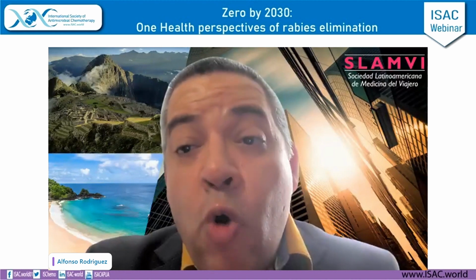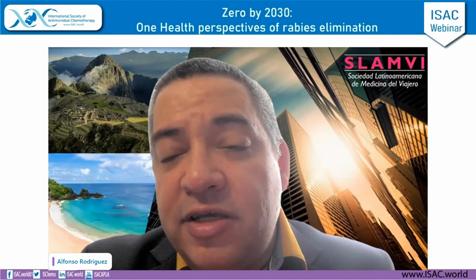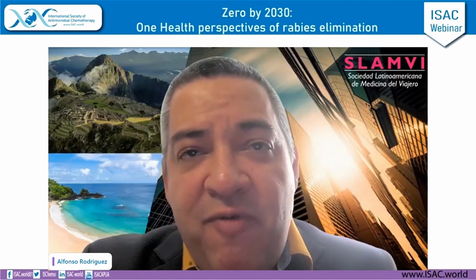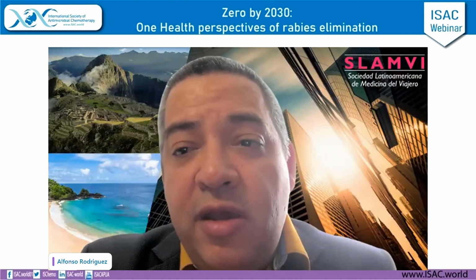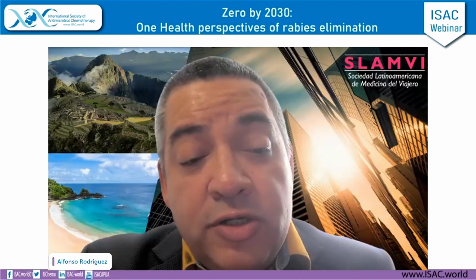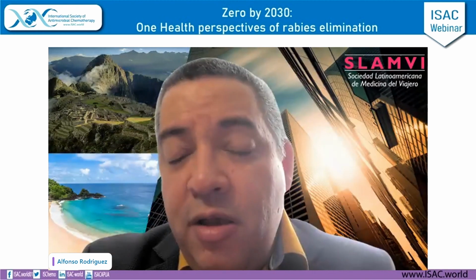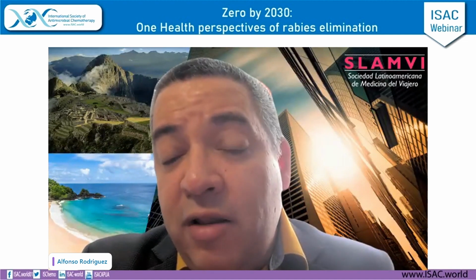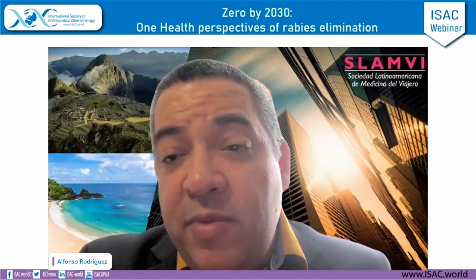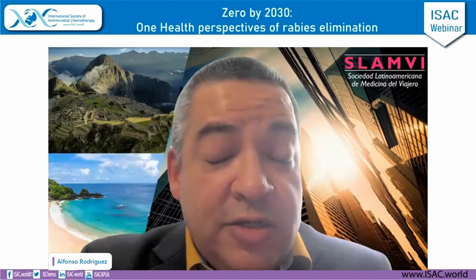Regarding the Milwaukee protocol, it's still important, but the problem is that in general terms, it's very complicated to save the patient once the rabies infection is properly affecting the central nervous system. So that is part of the problem, and I think that the most important cure, in fact, is the prevention of rabies in humans as well, prevention especially in dogs, which is the goal of the Zero by 30 to eliminate dog-transmitted rabies and the deaths and cases associated with it.